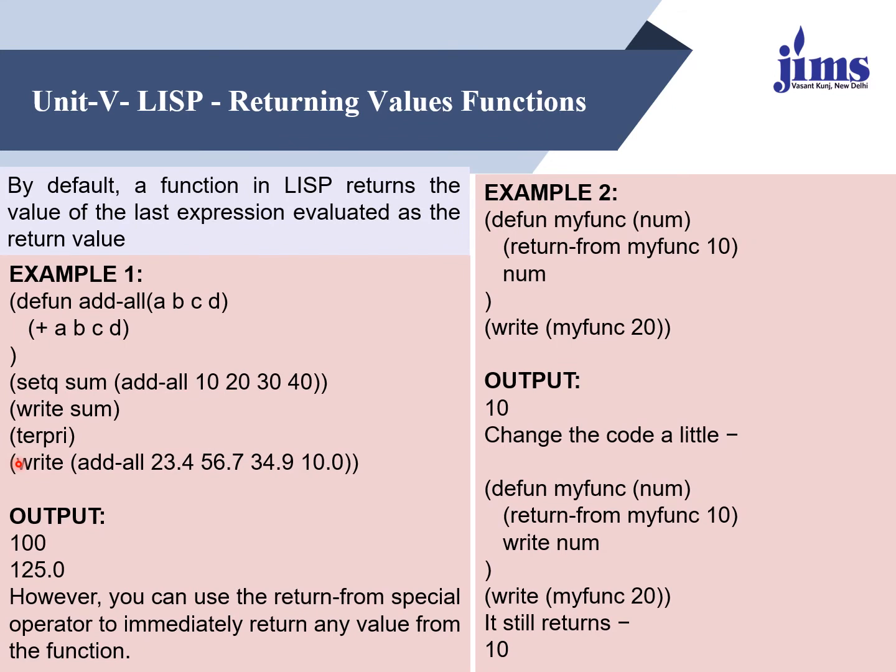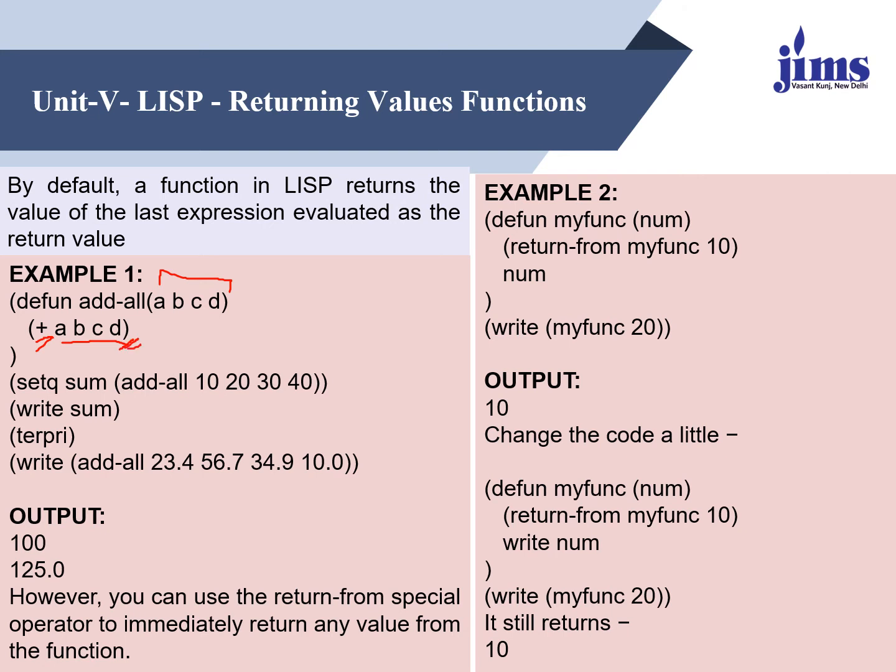We'll see a few more examples in which you will be returning the value. So returning value from the function, how you can do it: you are defining a function over here using the dfun macro. The name of the function is addall and the arguments which I am passing are 4 in number: A, B, C, D. Now what I want to do is perform the addition functionality. That's why the symbol is plus over here. And I want to add all the numbers which are coming as arguments while calling the function. Now definitely, as I said, the last statement is going to return the value.